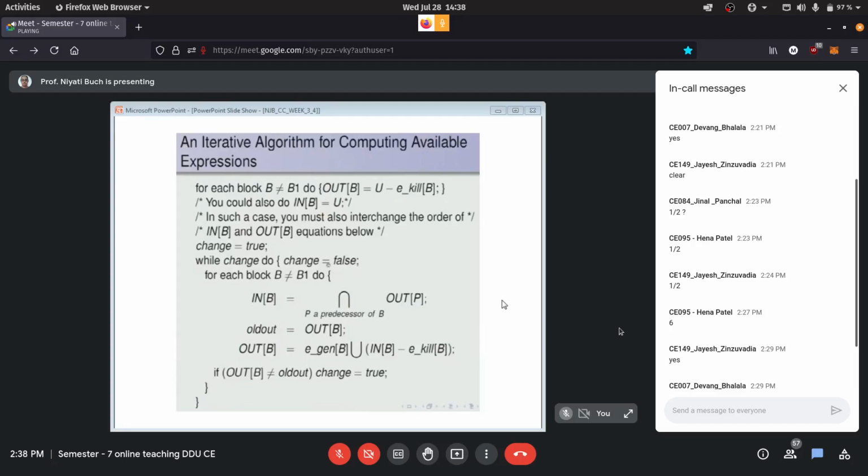Now, applying this algorithm to our example, I would advise you to follow the slides as I'm explaining, and if possible, try to do it on paper yourself as well. Because in the examination, examples are asked from this topic, so you will need a good speed of computing the intersection, union, and difference of sets. If you make a mistake in any of the steps, you may not get the correct answer, so you have to be very careful. It's not difficult, but it requires a thorough follow of steps.